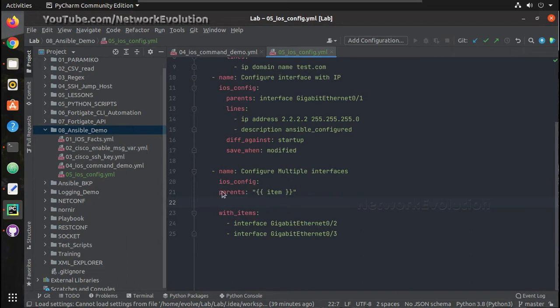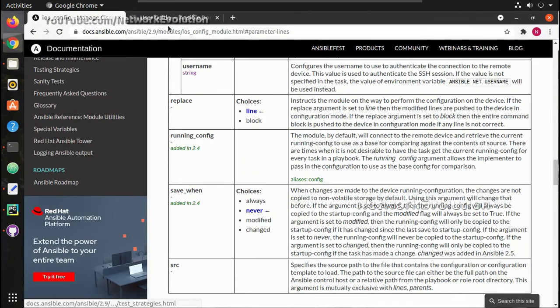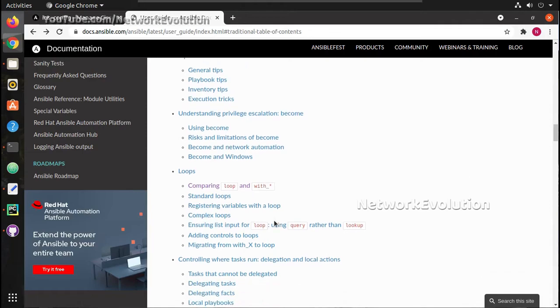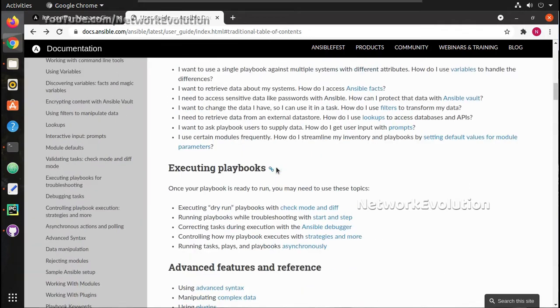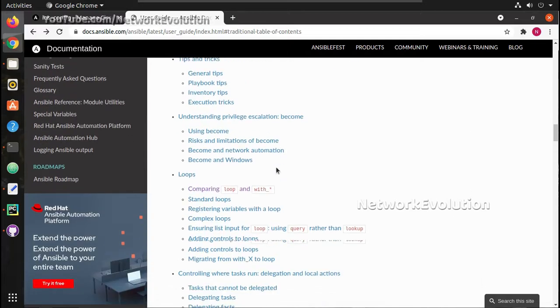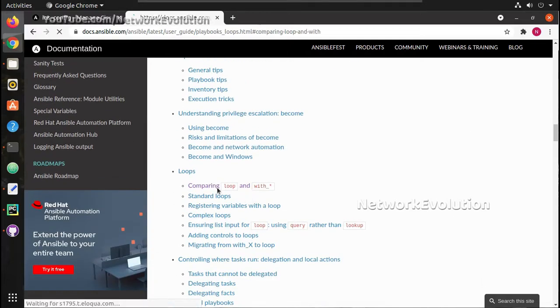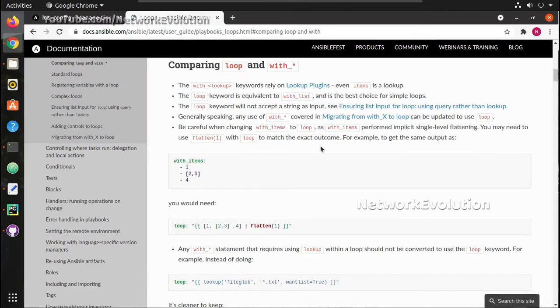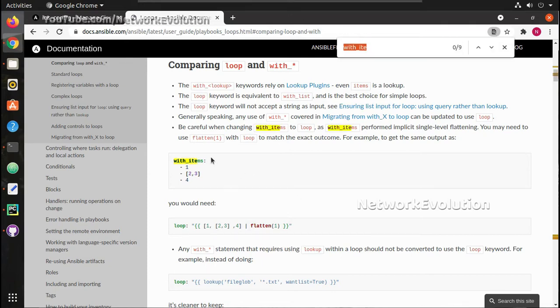to define below parents. If you want to verify the documentation of with items, here you will be able to see traditional table of contents. Under that, comparing loops, here you will be able to see some command syntax for with item.